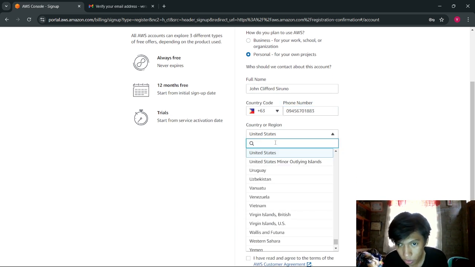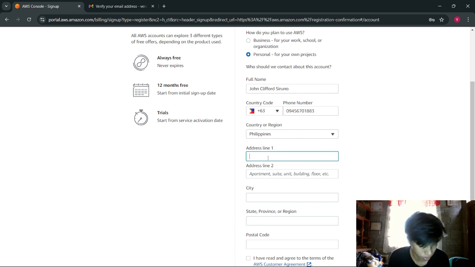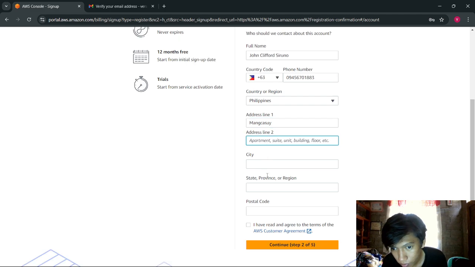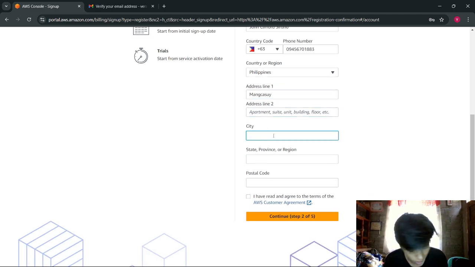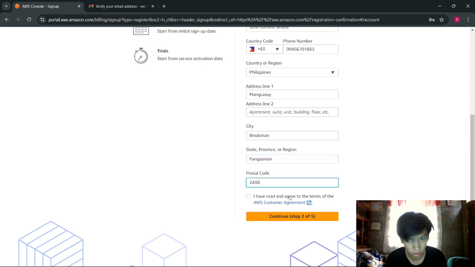Select your country region, which is Philippines. Put your address, city, and your province. Postal code, and